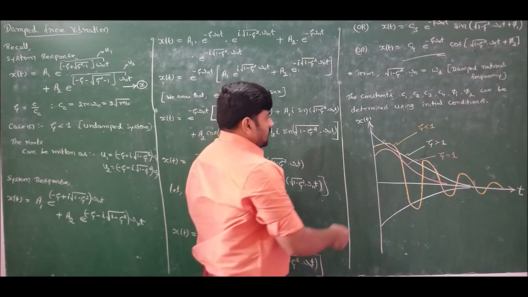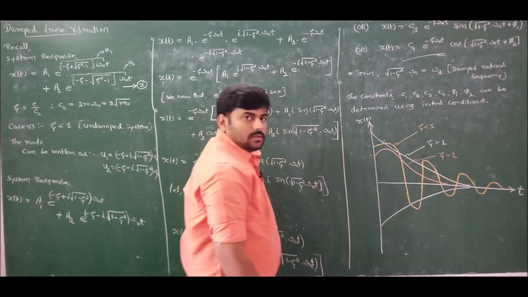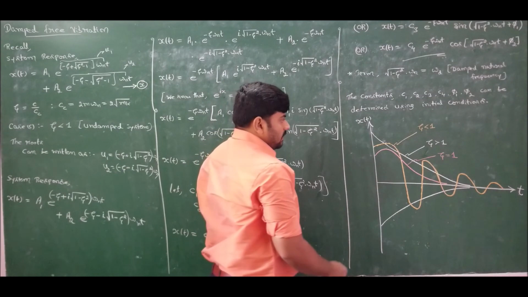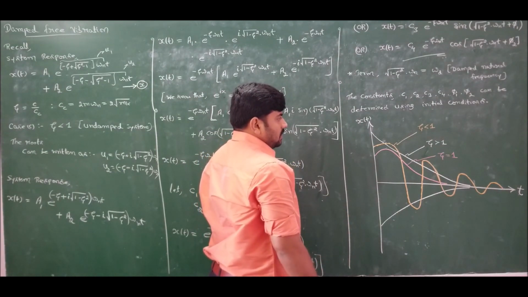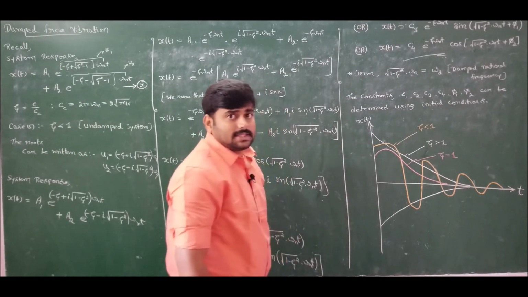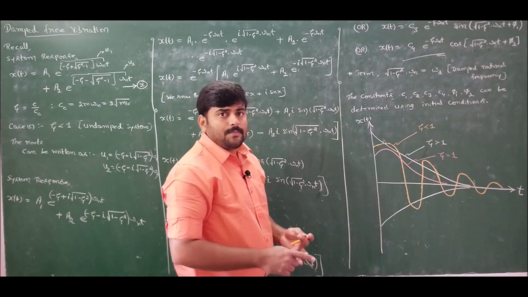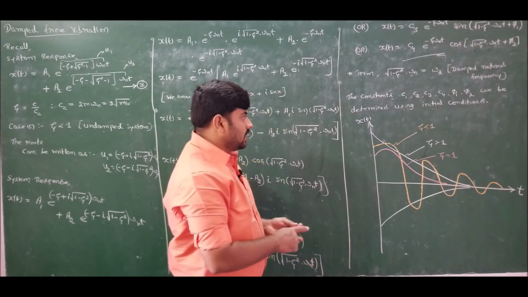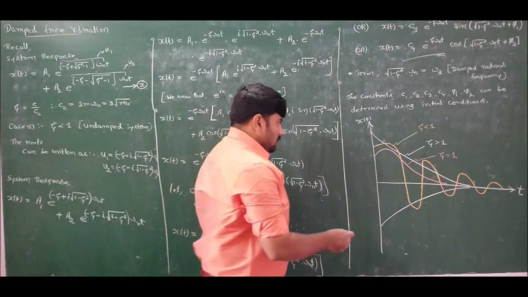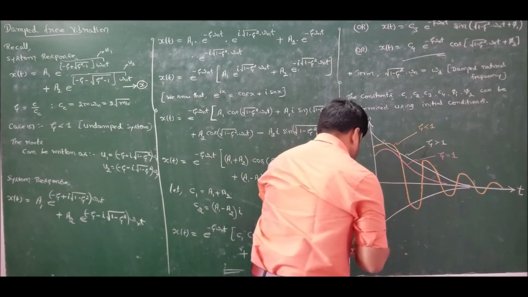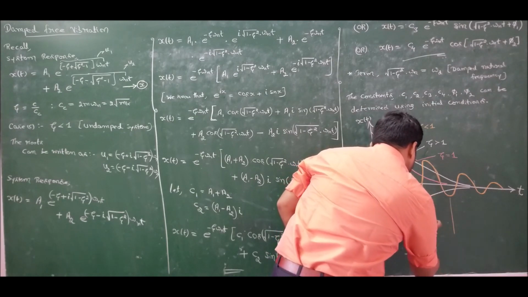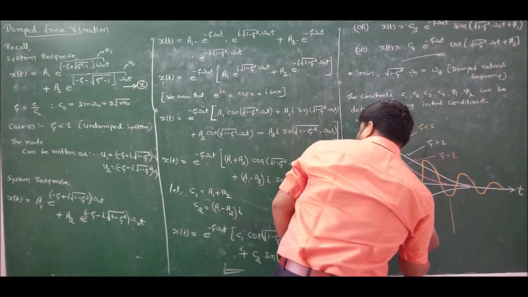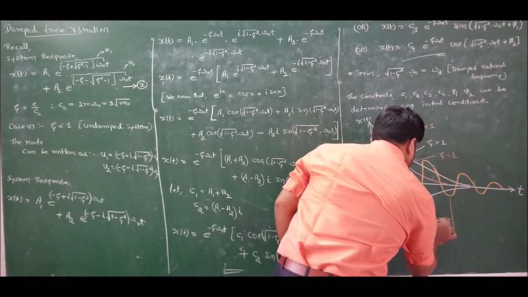If you want, you can start from the same amplitude and show it. I am just drawing a rough sketch to get an idea of how the system response varies for these three cases, that is for overdamped system, critically damped system and underdamped system. Now this is termed as time period. This is termed as time period for underdamped system.